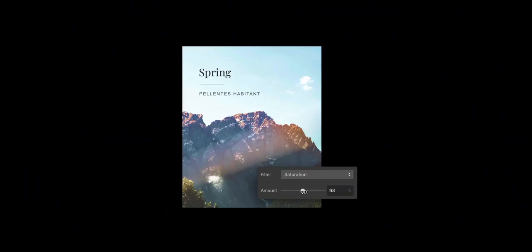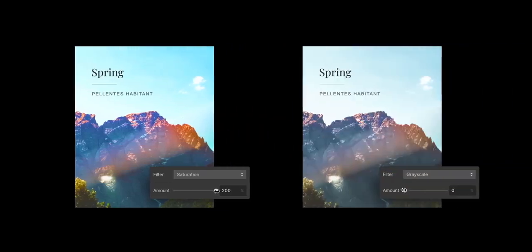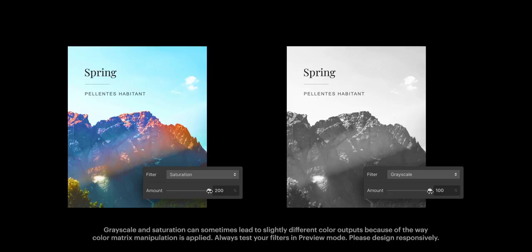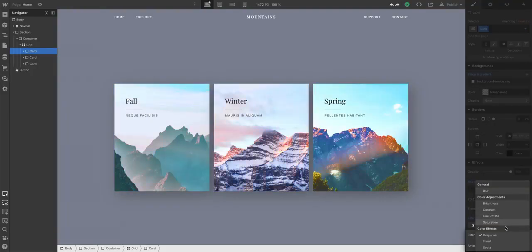Saturation goes in both directions. It can decrease color towards 0%, but it can also go way up and dramatically increase saturation in the other direction. With grayscale, we have control over the first 100% only, and technically it's inverted because 0% saturation is the same as 100% grayscale. But it's important to remember, whatever filter we're using, it affects the entire element, plus any